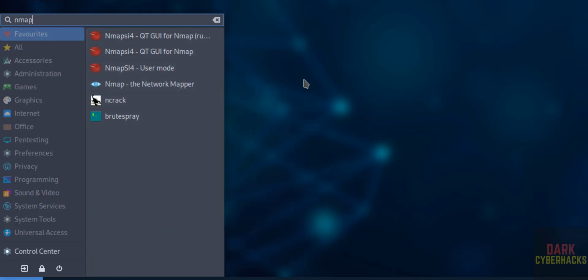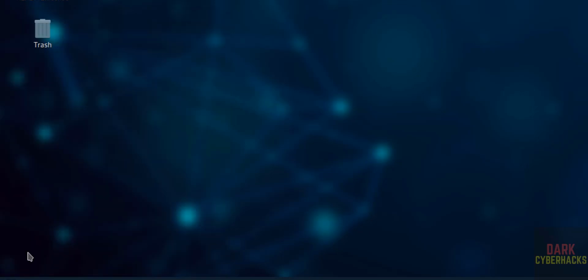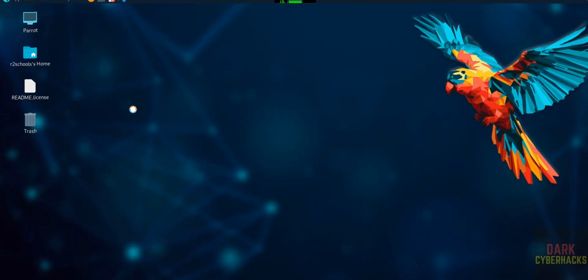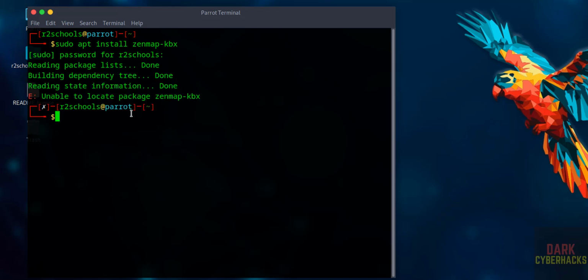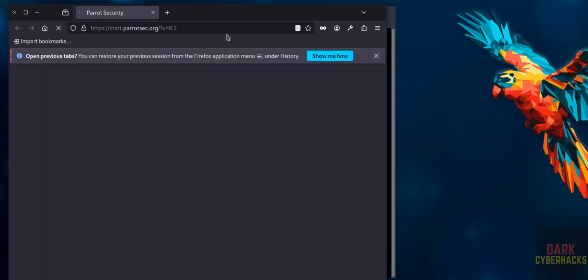Okay, so now install it by going to terminal, sudo apt install zenmap-kbx. Hit enter. See, unable to locate the package zenmap-kbx. Okay, so open any web browser, then go to